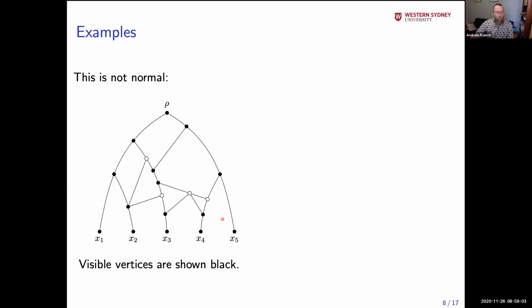So you just have to do a little bit of a case-by-case look. Let's look at some of the ones that are not visible. This one is not visible because even though it's below this visible vertex, there is no leaf for which every path has to go through that. In particular, X3 has paths back to the root that go around without going through this vertex here. So that's not a visible vertex.